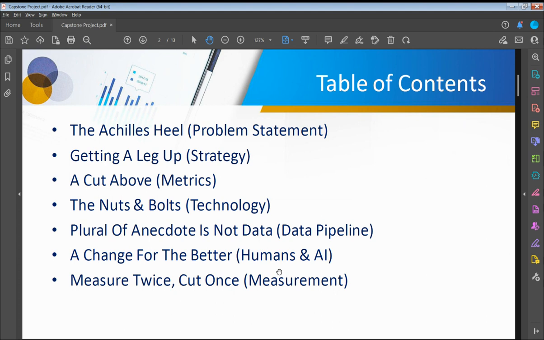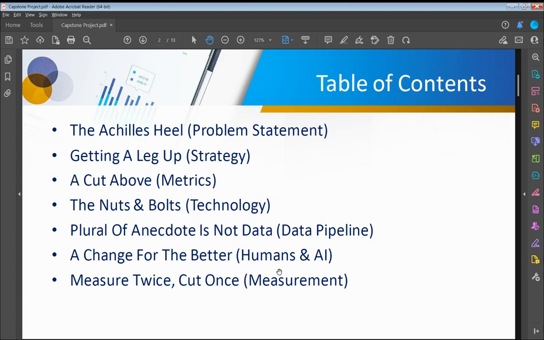Then we're going to look at how we're going to fetch all the data that is needed by the AI model to take care of the results. Subsequently, we're going to look at the human factor and the organization factor that need to be countered when we make any kind of AI changes in the organization. And lastly, we're going to talk about a sample design experiment that we're going to run and how we're going to check whether the AI model is effective or not.